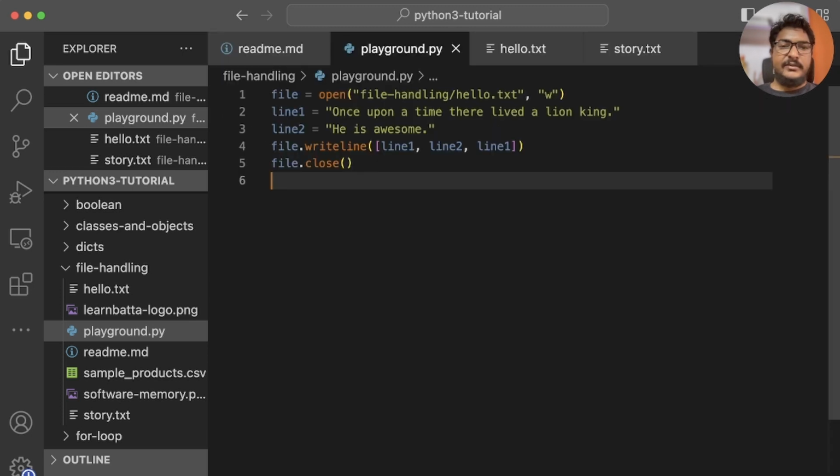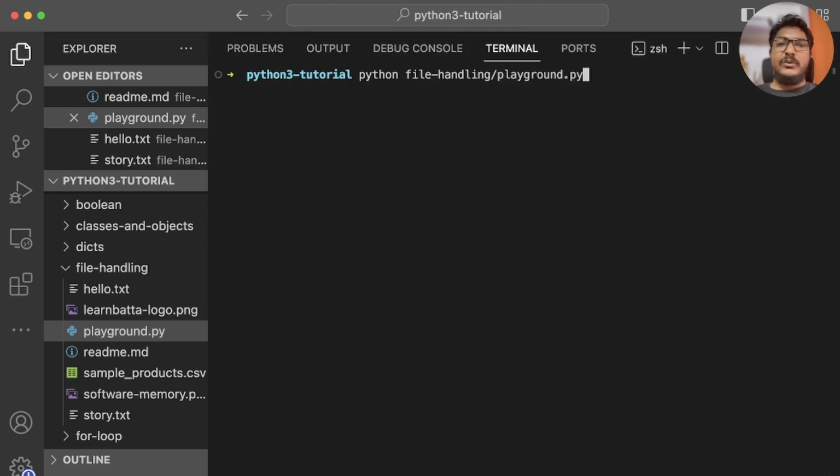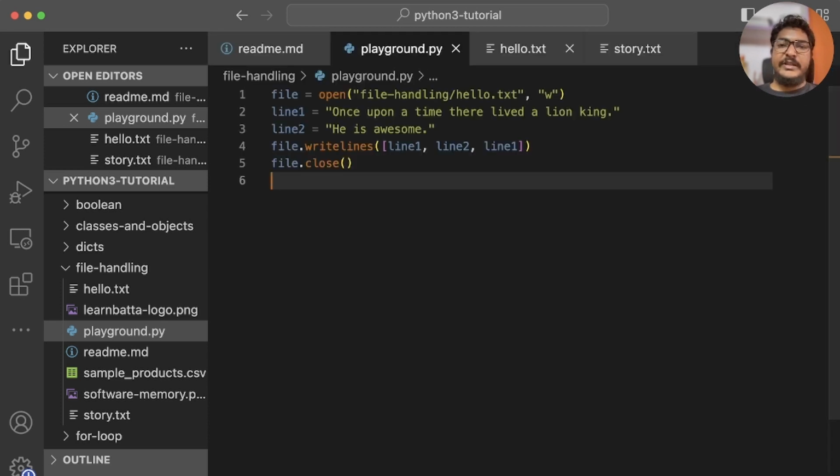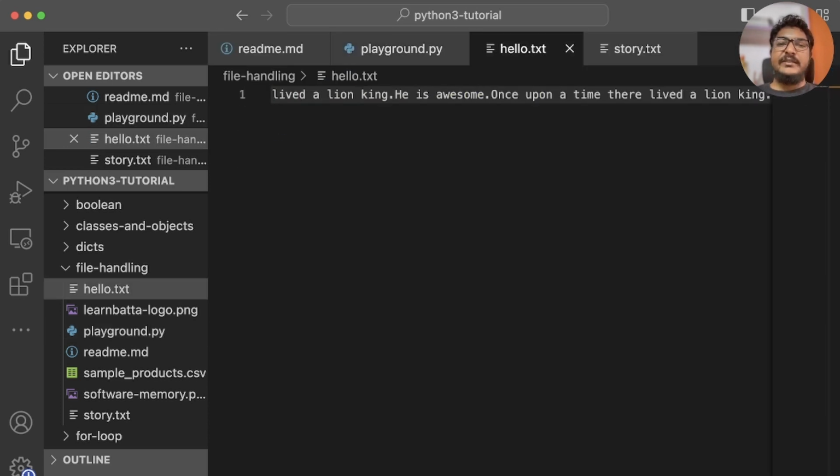Okay, yeah, that's a syntax error. We should use writelines, not writeline. So let me clear this out and run it again. So now go to hello.txt. So here we can see that it did write all the contents that we have. But this time it didn't add any new line. That's because we didn't have any new line in